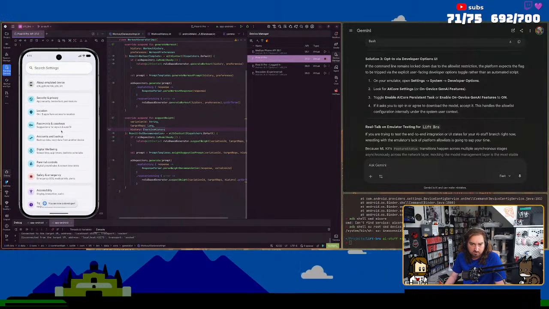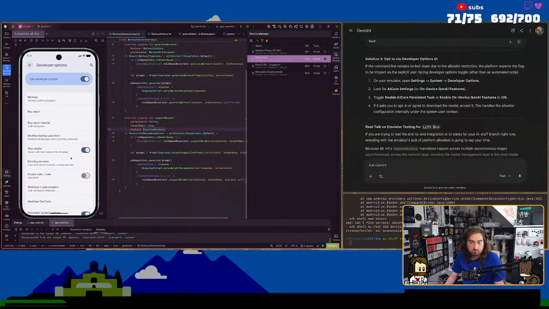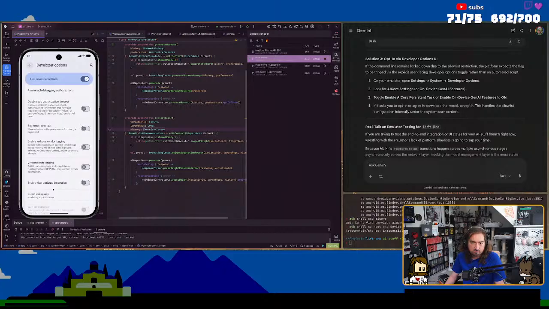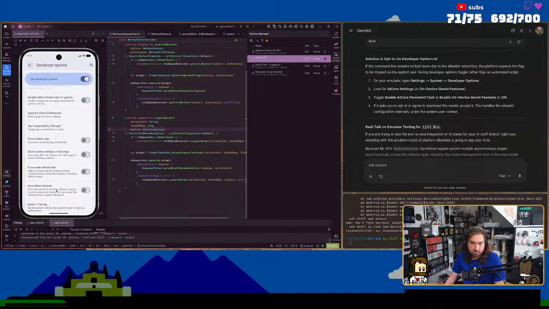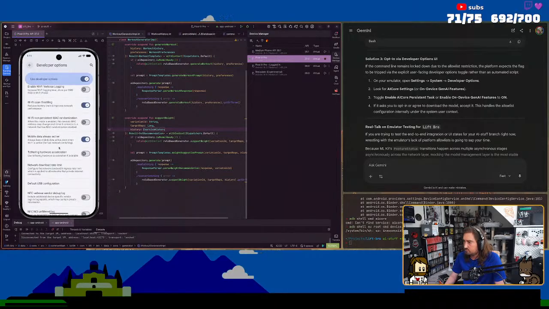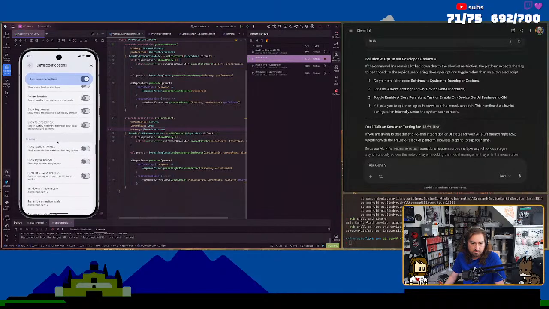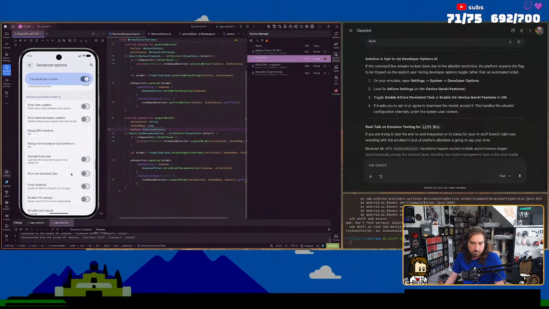I thought they always had this enabled by default. And then USB debugging, wireless debugging, verify apps over USB, show refresh rate, system tracing. Where is this? Options, AI core settings. Show taps, pointer location, show surface, window animation, blah de blah.